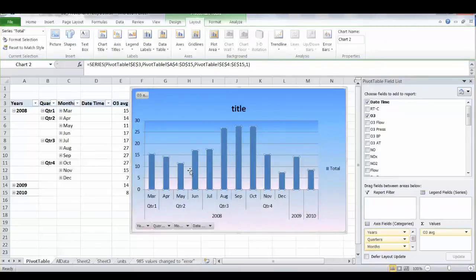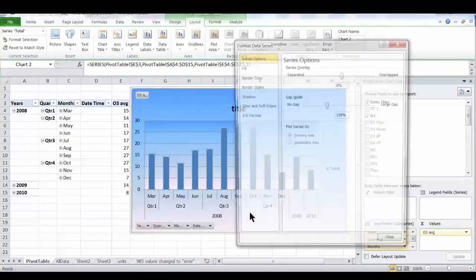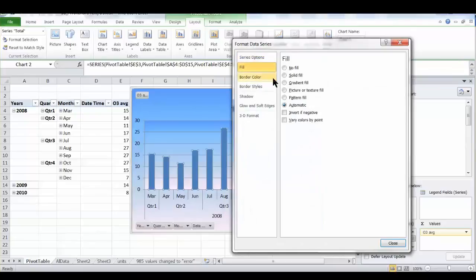So I click the bars and make sure that you've selected the whole series, and you know what you've selected because it shows up here. Sometimes it's easy to think you're formatting something but you're actually formatting something else. If you just click, now you see I've only got August selected, so sometimes it's hard to make sure that you've selected the whole series and not just a point. So I've selected the whole series, and I can be sure of that too because over here in the drop-down box it says series total. So I'm going to right click, say format data series, and I'm going to make these